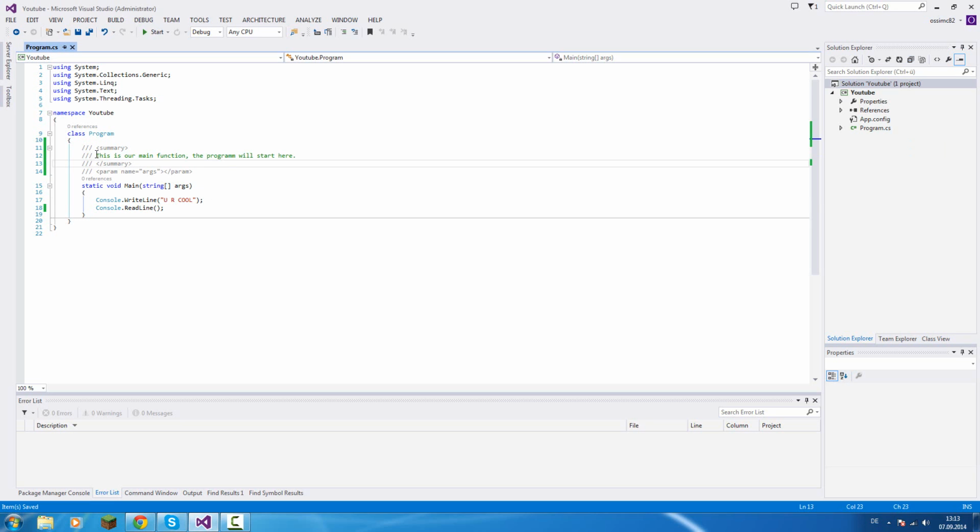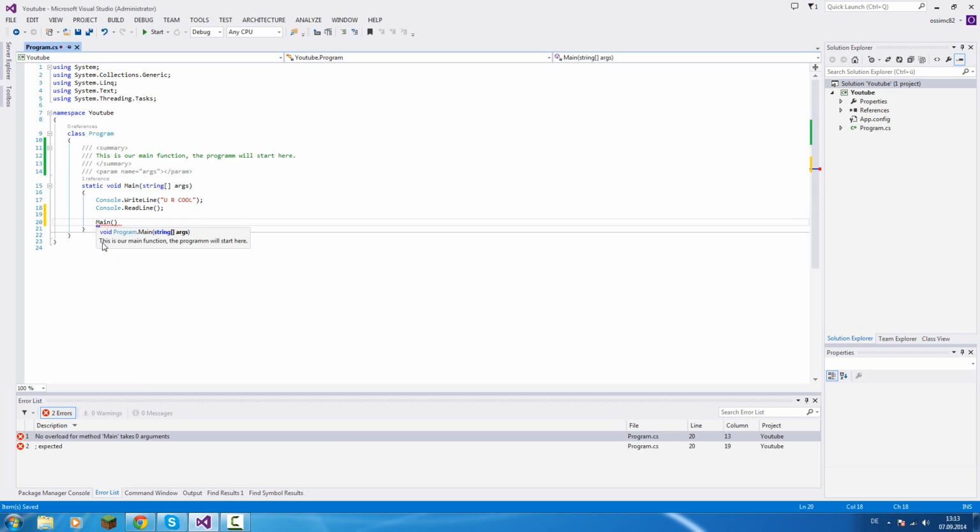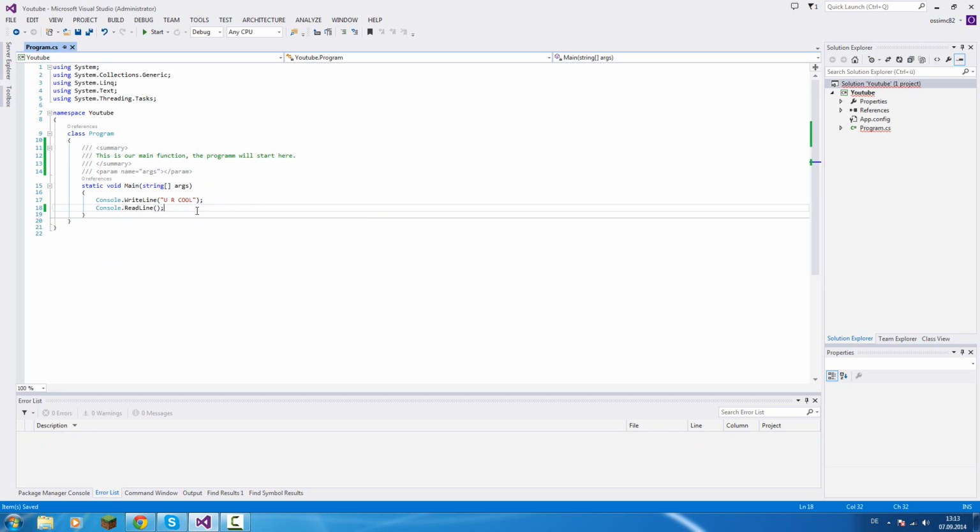Yeah, so this is our main program. This is our main function. The program will start here. And if we call main now, you can see this is our main function. The program will start here. So we have now a basic summary. That is important if you write class libraries